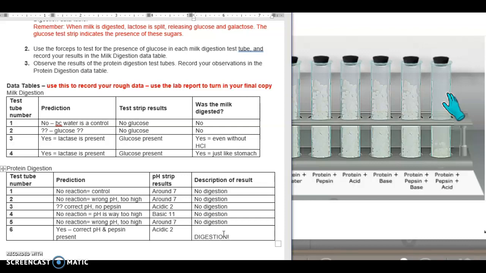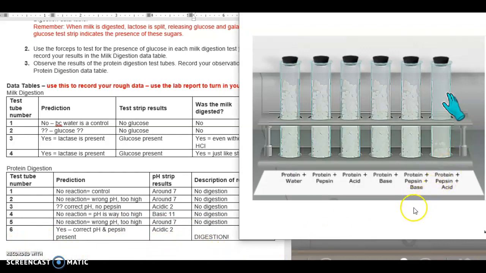So the only test tube that showed us any results for protein digestion was the 6th one, and that's because it had both the right pH, simulating your stomach, and the presence of the enzyme that breaks the protein down. And the enzyme, remember, only gets turned on in the right pH environment. That's why, even though the 5th test tube had the pepsin, it was not turned on because the pH was